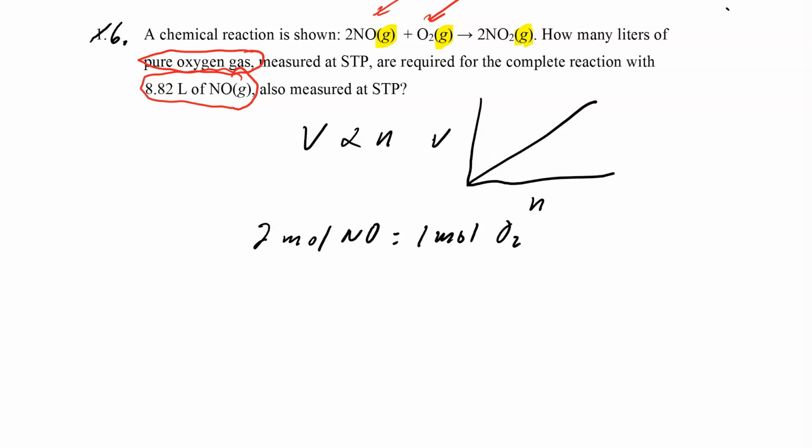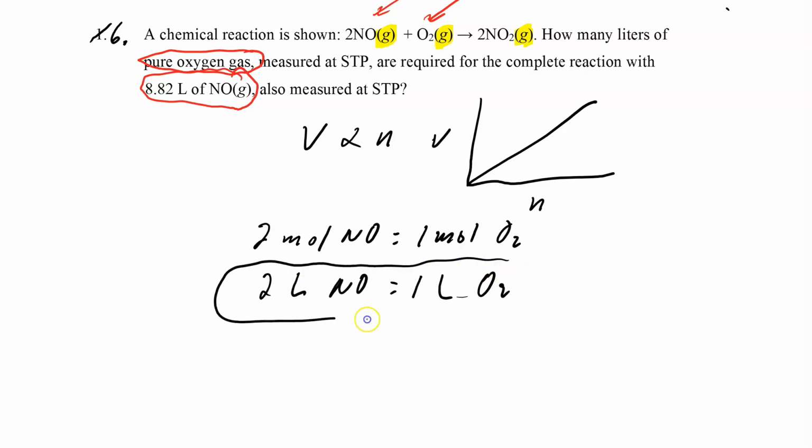But since these are both gases, we can rewrite this and say 2 liters of nitric oxide is equal to 1 liter of O2. And we can say that not only because both of these are in the gaseous state, but more importantly, we are not changing the temperature or pressure in this reaction, therefore the volume cannot change. As such, we can therefore use this latter equation